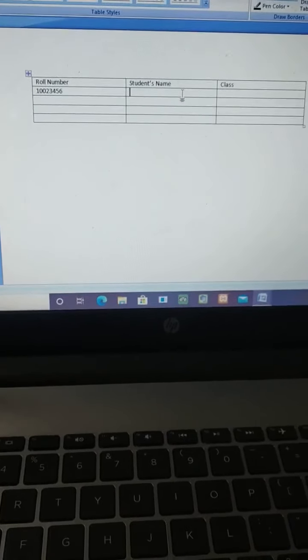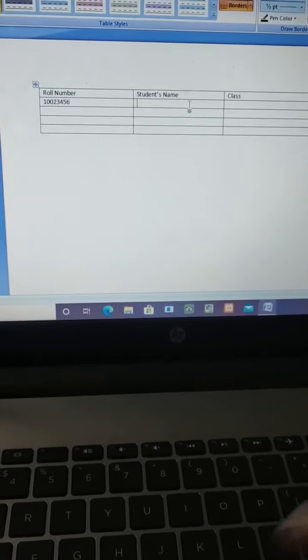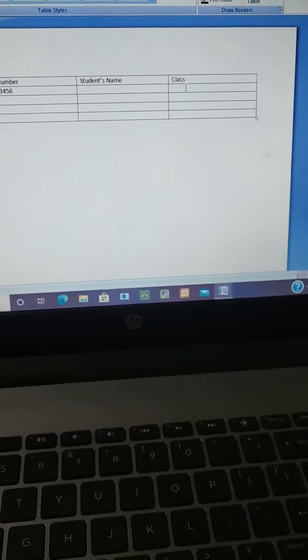Okay, next, student's name, Rajat Mishra. Okay, and class, what is the class given there? In your textbook it is given like this, in Roman numerals, right? So in our keyboard there are no Roman numerals. Can you see Roman numerals? No, there are none here. Then how will you type Roman numerals? The first Roman numeral is 7, right? That is our alphabet letters VII. So just switch on the caps lock and type VII.